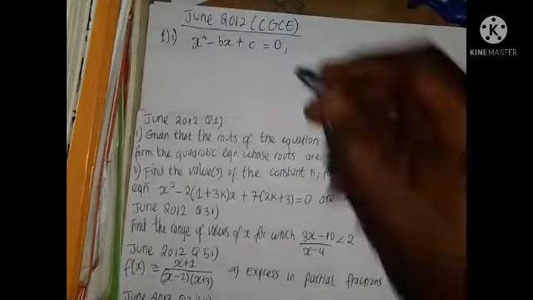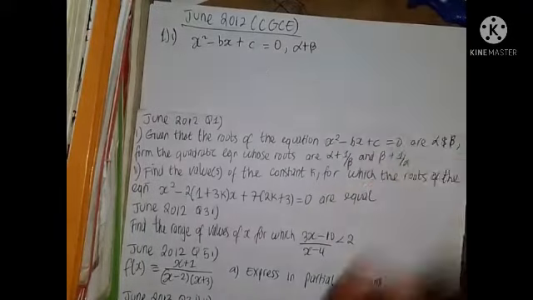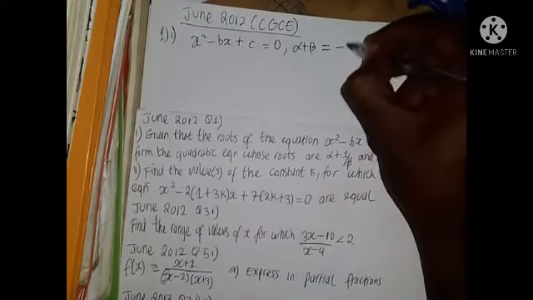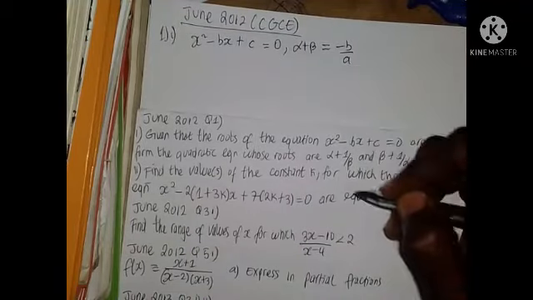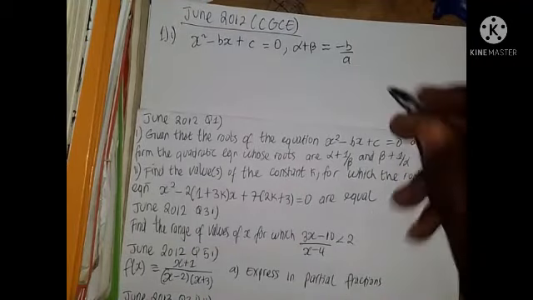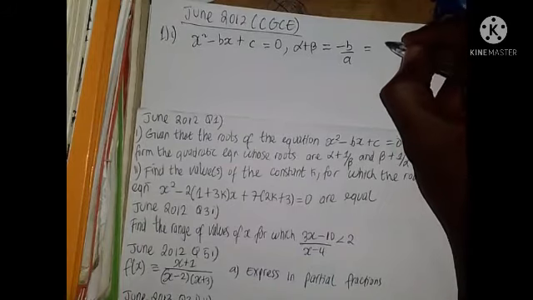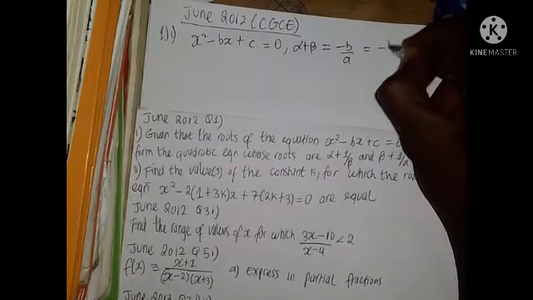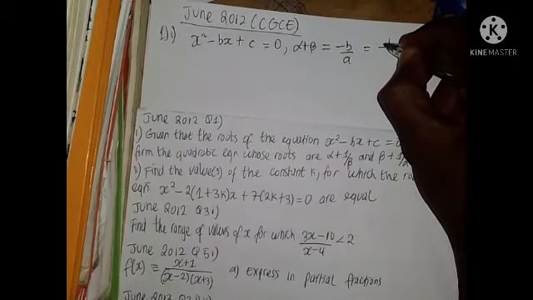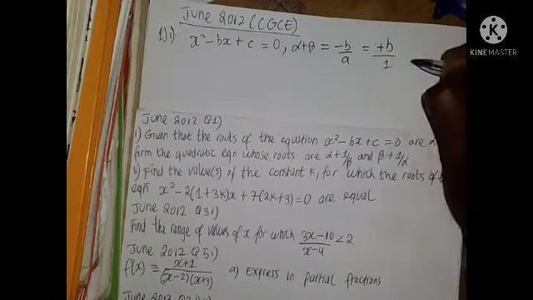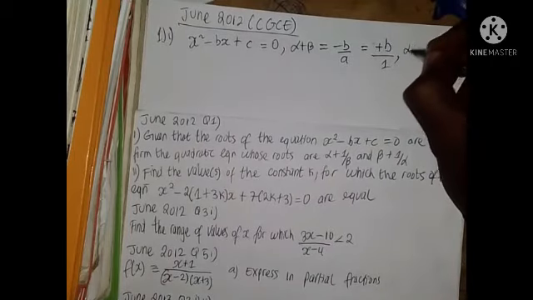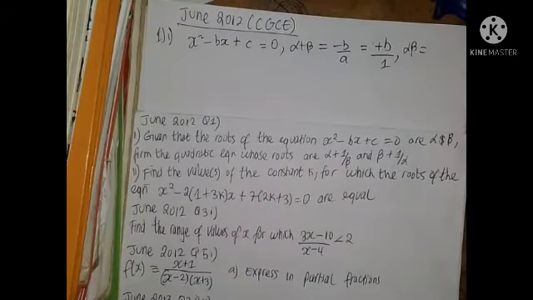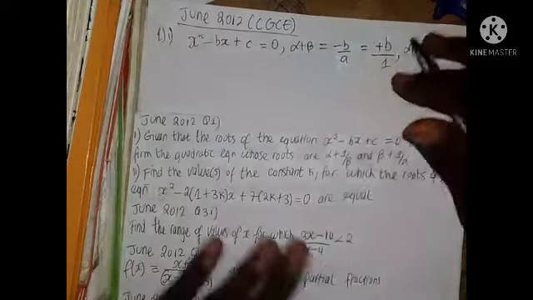Okay, so alpha plus beta, which is our sum of roots, equals negative b on a, right? Negative b on a is going to be equal to negative, then negative is going to be plus b on 1, and again alpha beta is going to be c on a, and our c, whatever c is, c, so we have c on 1, which is c as well. Okay, so these are the roots of the question. Now heading to the sum of new roots,